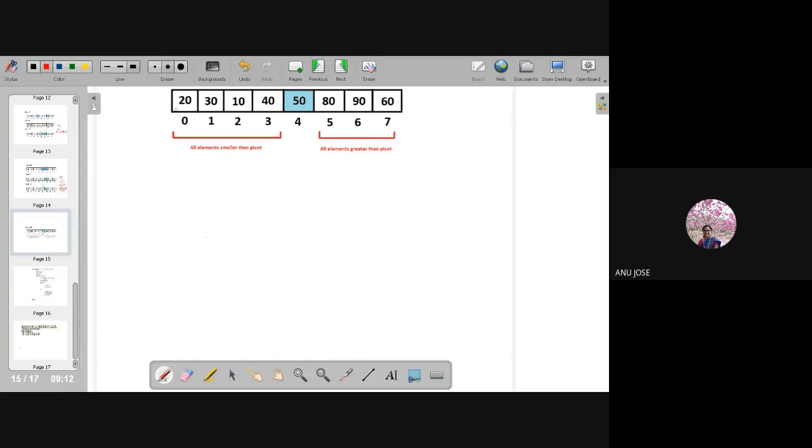So I am trying to solve the other part of it. That is, I have to solve the array 20, 30, 10 and 40. This is the left hand side array. So I am keeping 20 as the pivot element, and I will be here and j will be here.